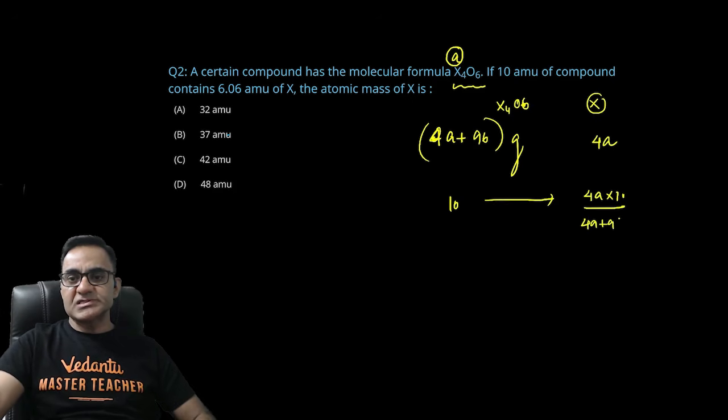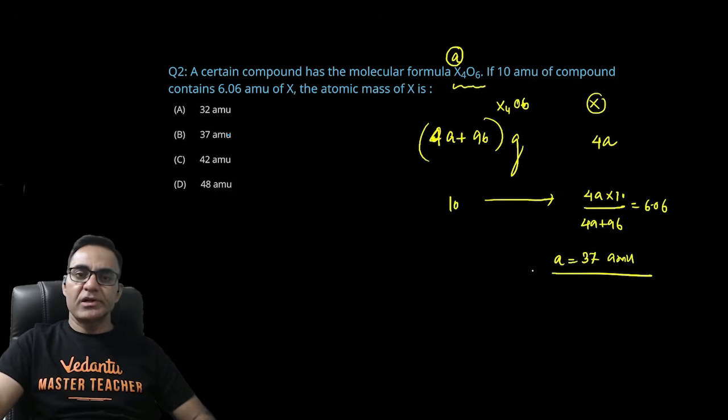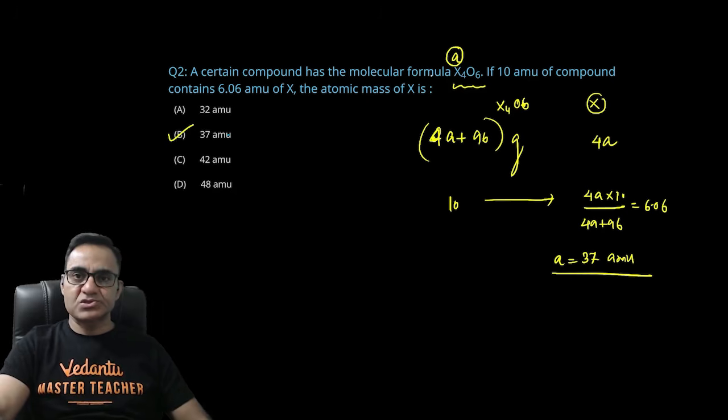4A प्लस 96, और ये क्वांटिटी दी हुई है 6.06। यहां से जब आप A कैलकुलेट करोगे, इट कम्स आउट टू बी 37 एटॉमिक मास यूनिट। ऑलराइट, दैट मींस एटॉमिक मास ऑफ X इज 37. B is going to be the right answer of this question. ऑलराइट,